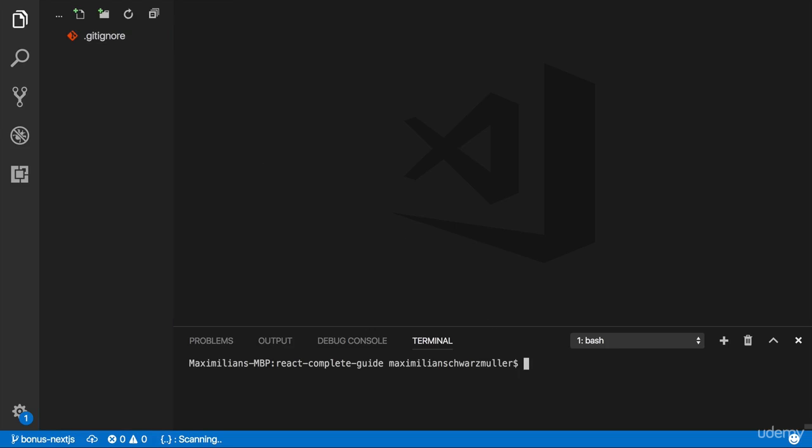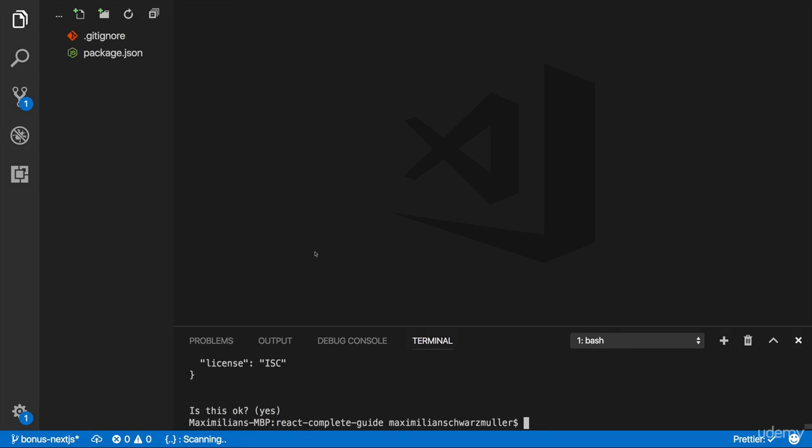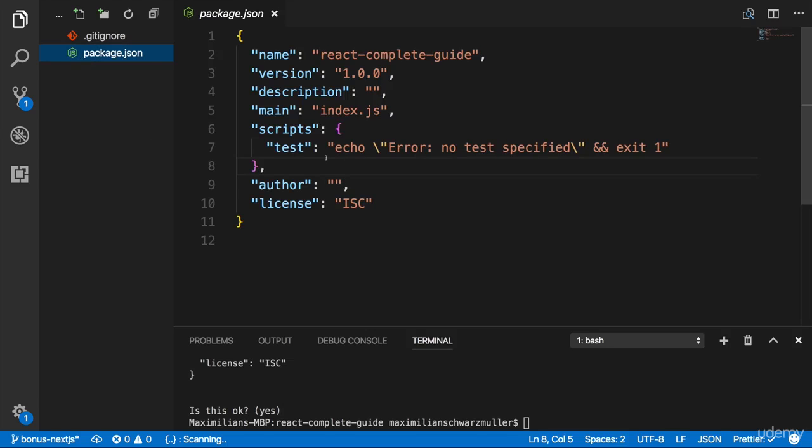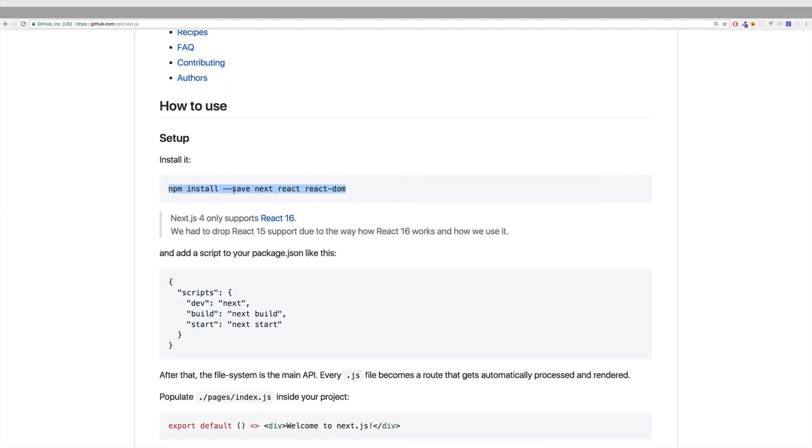Now first of all, to be able to run npm commands, we need to put this project under control of npm. You do this by running npm init. Then you are asked a couple of questions, which you can simply answer with yes by just hitting enter. Once you went through all these questions, you get a package.json file, which is used to manage the dependencies. I do talk about creating this file in a bit more detail in the module where we create our own project setup from scratch.